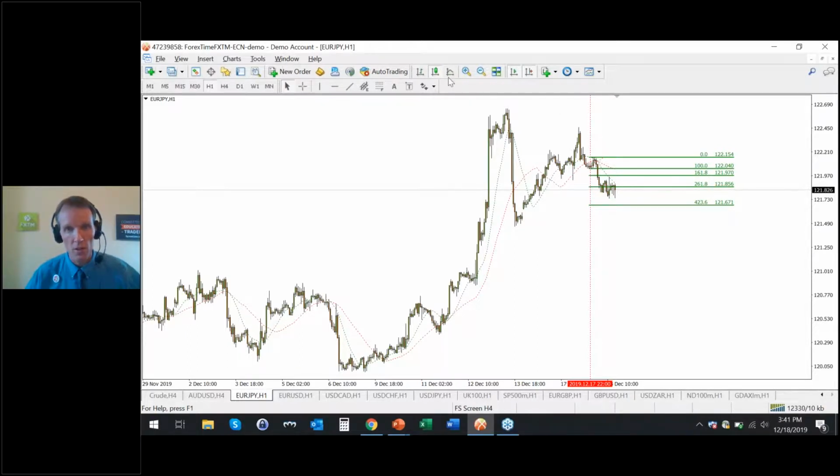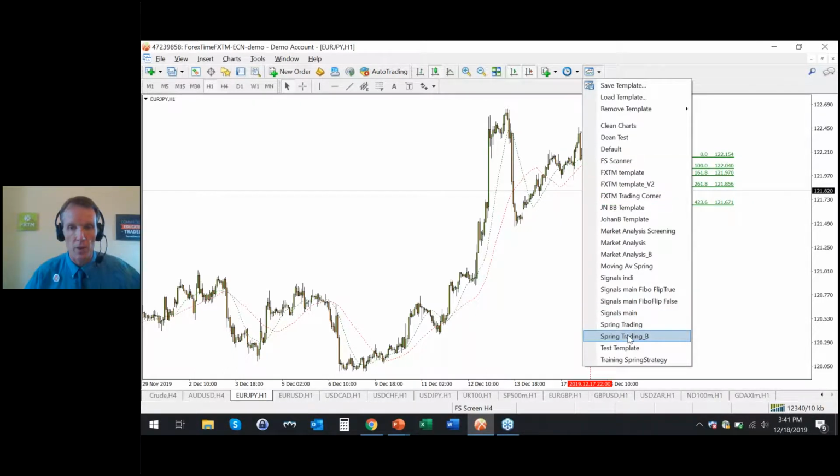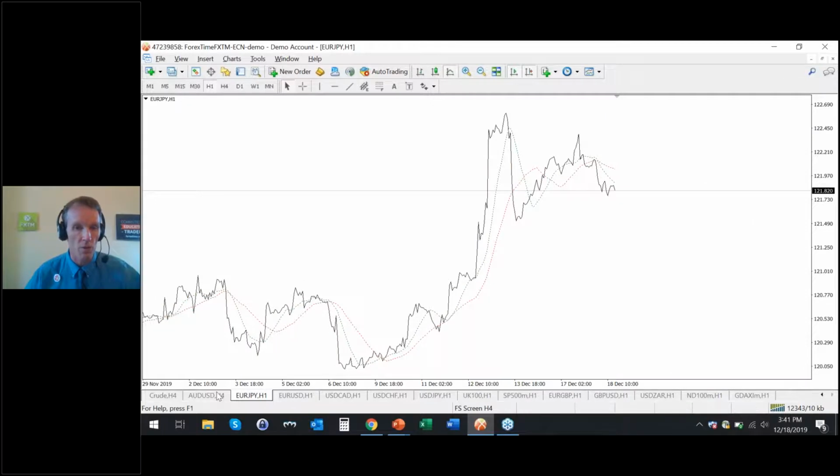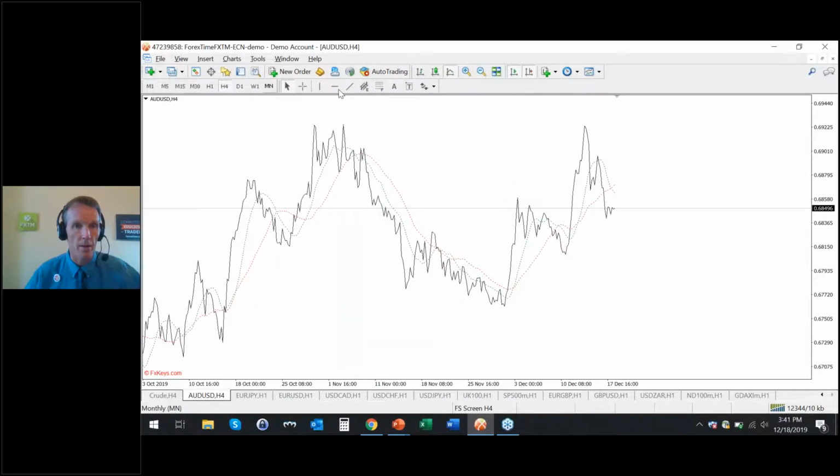When this structure is broken, and that's why the 34 moving average is such a handy one. When this structure is broken, and it's not a downtrend anymore, then I want to take the rest of my profit. Right, the nice thing about this method, guys, is that it takes you very, very quick to see possible opportunities. And if you practice this, let's see what happens here. Not a good uptrend there, so nothing. If you practice this, then